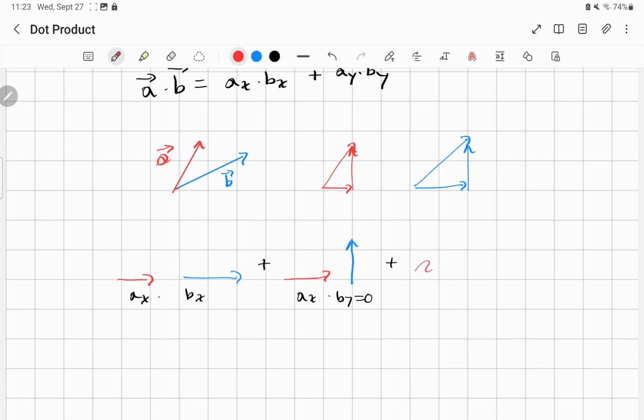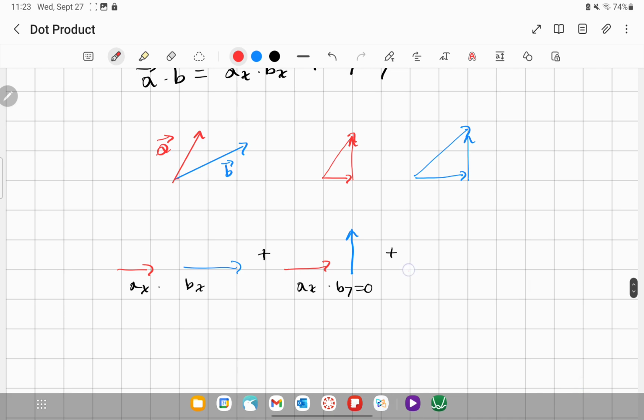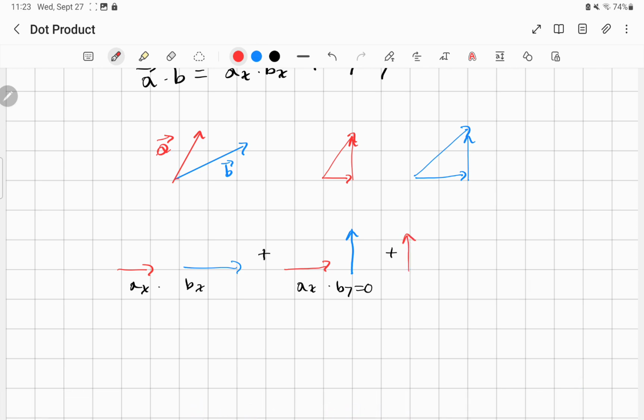we're going to have ay times by. Well, we know that if we have a force pushing up, then that's going to move the block a distance up. So this component is not equal to 0. Ay times by